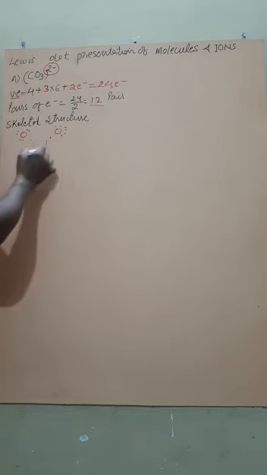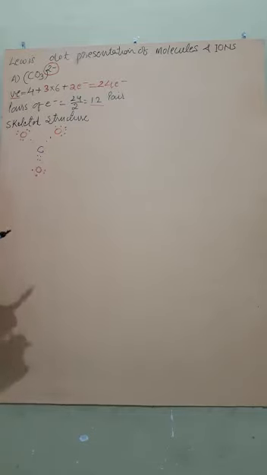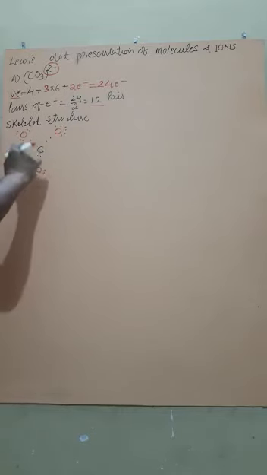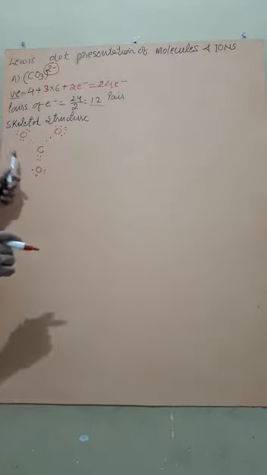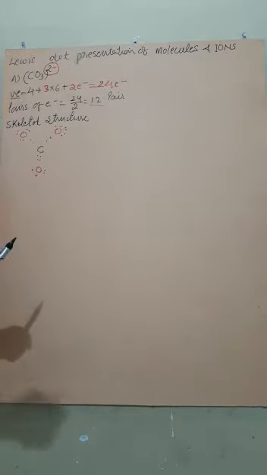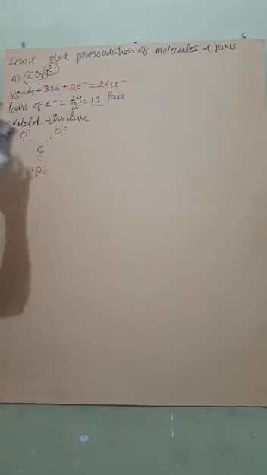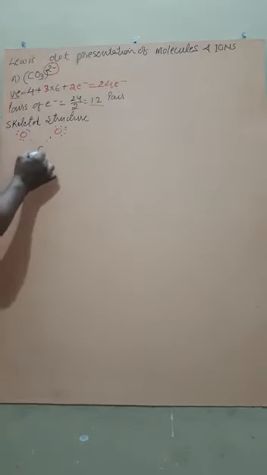Multiply any of the bonds. So if we multiply any of the bonds, then in this way the carbon and oxygen will also have one pair of electrons. So now we have to multiply any of the center and surrounding bonds so that the octet of both species gets completed. Here now the octet of carbon is also completed and the oxygen is also completed. So in this way we can draw its structure.